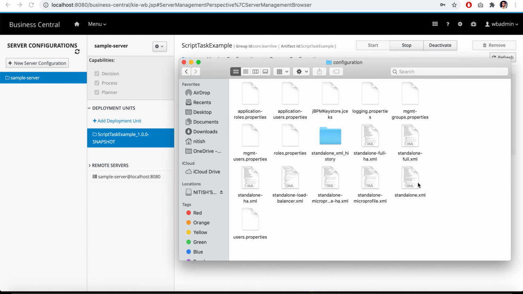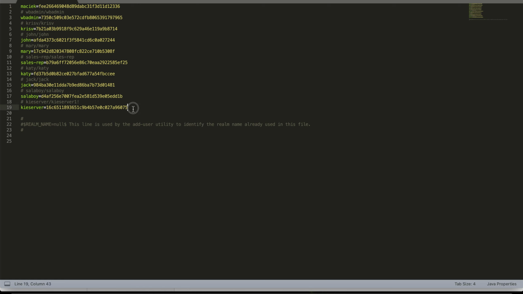Apart from this standalone.xml, we also have the users.properties. You might have seen when we log in, we use the username and the password, that is wbadmin, and the password is the same, wbadmin. When you go to users.properties, we have many users and IDs.